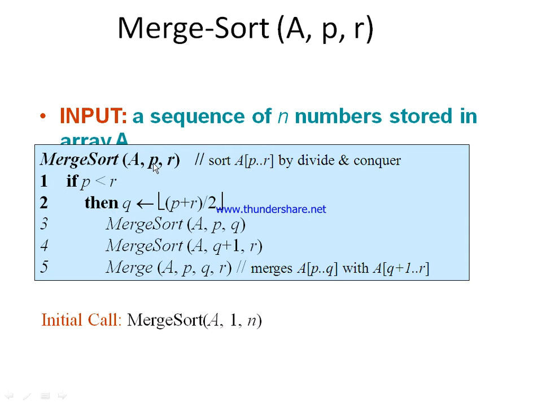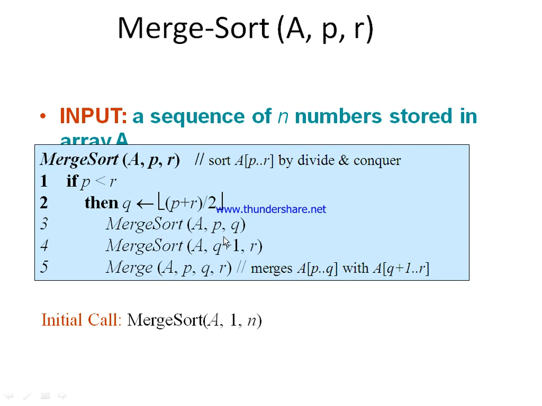So here you can take the same. P equals 1, R equals 8. There are only 8 elements. So 1 plus 8 means 9. No, don't take 9. The total list is 8 elements, so you can take the index which is relevant: either you can take 0 to 7, or you can take 1 to 8. So (1 plus 8) by 2 may be 4.5. You can take the floor, not the ceiling. You can round down, then automatically that is 4. Divide this into 2 halves, 4 elements in each partition.